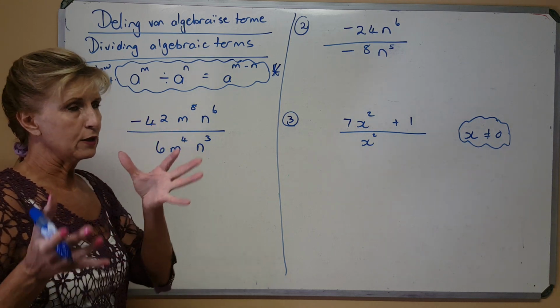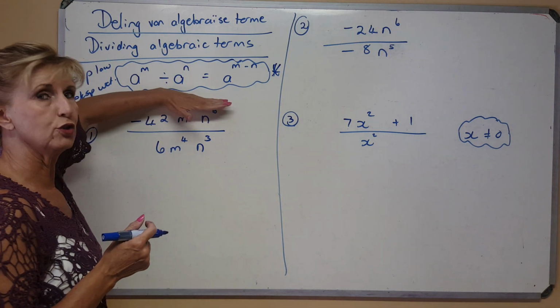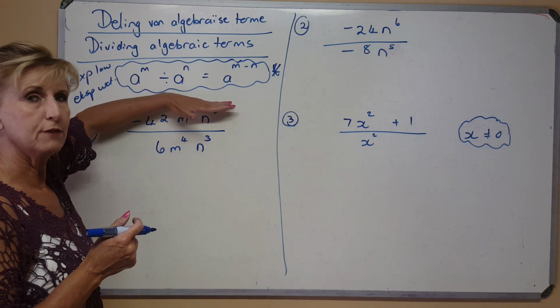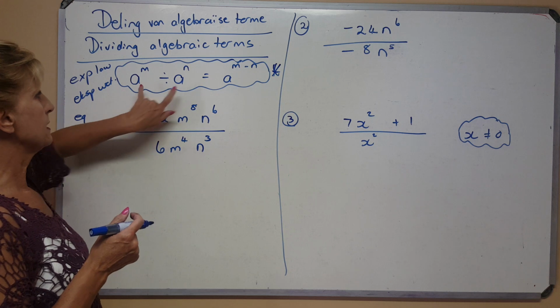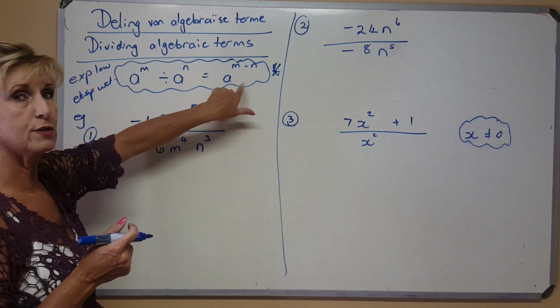So everything that we do gets added, added, added. You've done this rule. You've done the division law. Exponent law that says when you divide and the bases are the same, you keep the base and you subtract